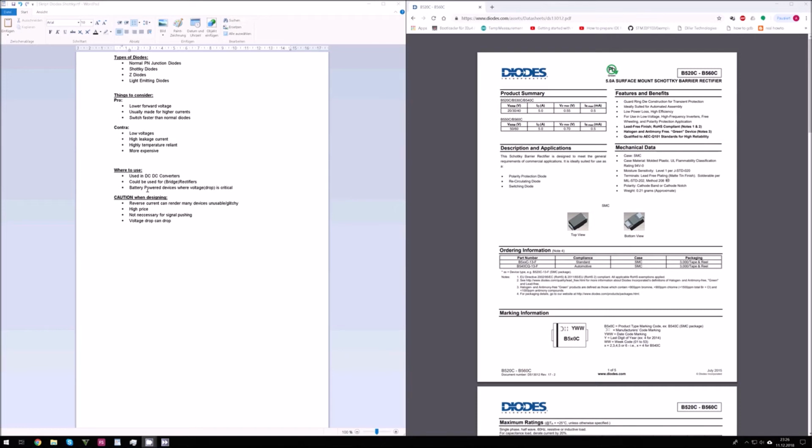Also, Schottky diodes are used in battery-powered applications in general, where voltage drop is very critical and is to be kept at a low level. Not all designs require this. Many designs can be adapted to work with normal NP or PN diodes. And this can also have advantages, because